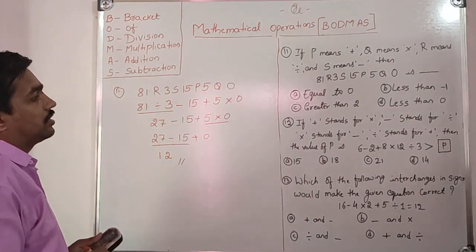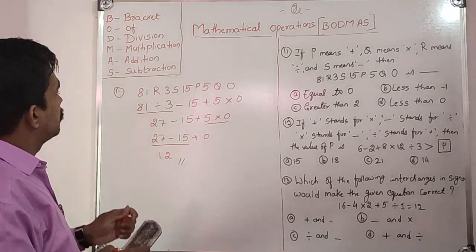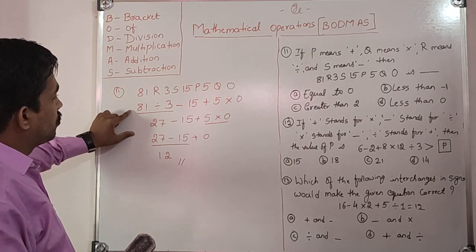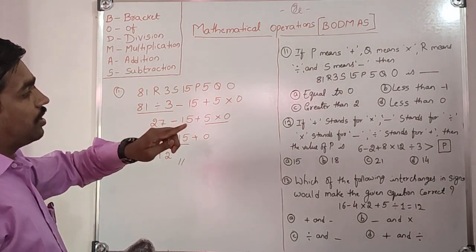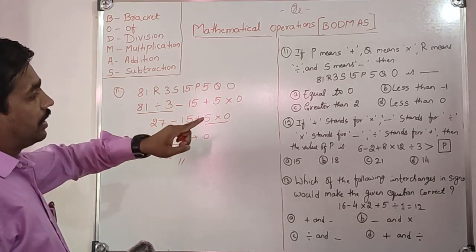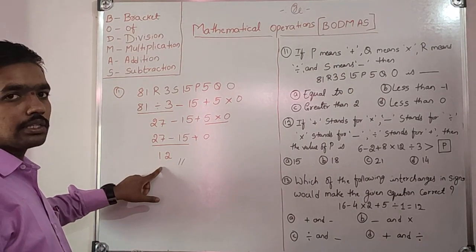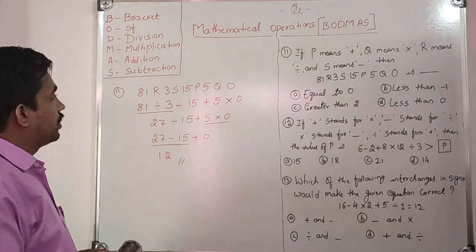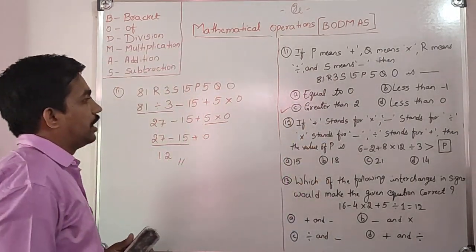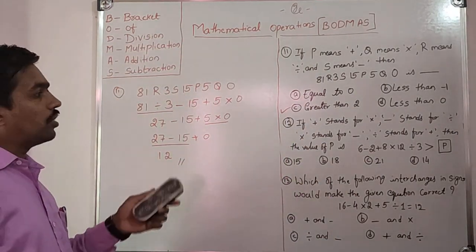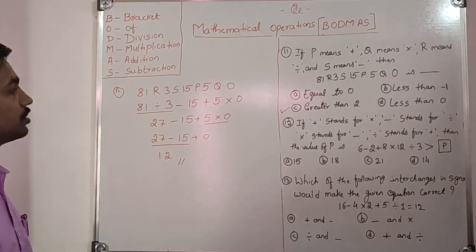So what is our answer? Is this equal to 0? No. We are getting the answer 12. Less than 1? No. Greater than 2? Yes, it is greater than 2 because we are getting the answer as 12. So our answer is greater than 2. So according to the options, we have to see the answer and we have to take the option.